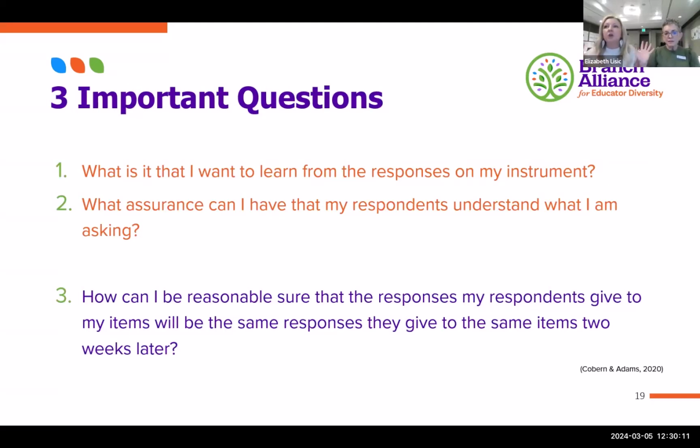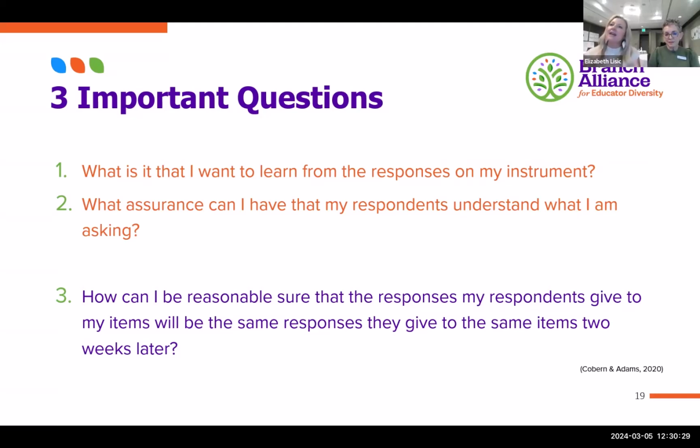So as we end phase 1, once we begin to develop our questions, we get to this point where we're saying, okay, what is it that I really want to learn? And how can I be sure that my respondents understand what I'm asking?